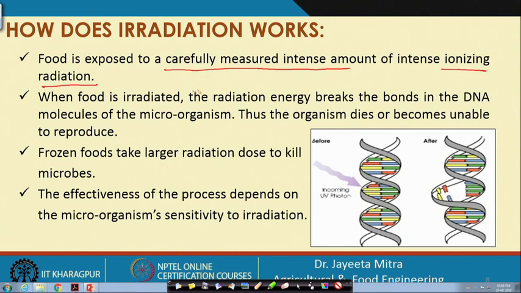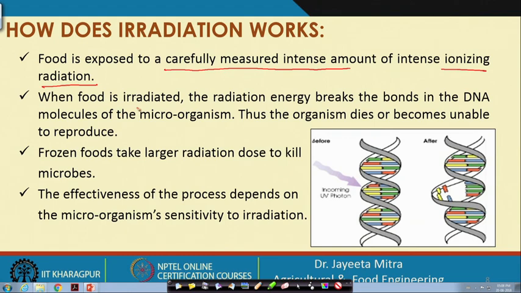This has been given by authorities specifically working on this standard measurement. I mean the dose measurement, how much radiation dose can be given to a food material so that its constituents will not be degraded by the action of the ionizing radiation or free radicals. Because the radiolytic action will cause destruction to the constituents as well if it is applied beyond a certain limit, and the food will lose its food value or nutritional value. So, that is why this is very important.